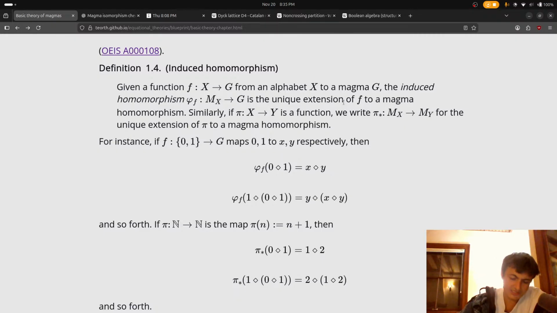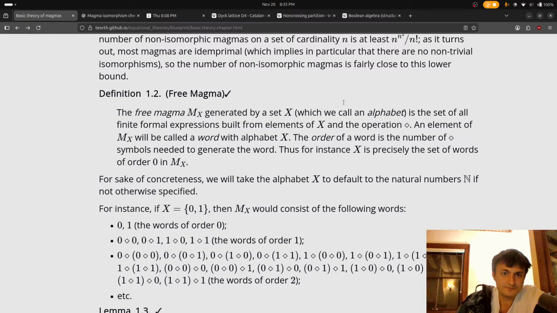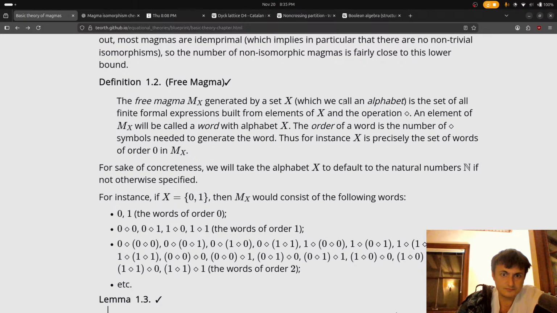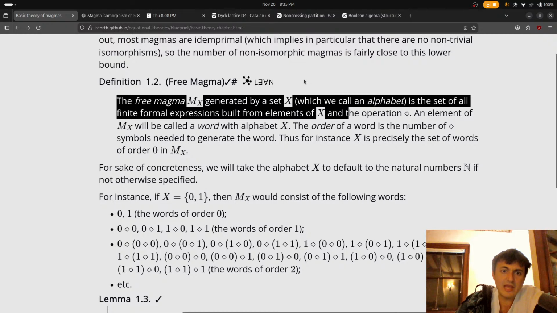So what is the free magma? The free magma is a set.